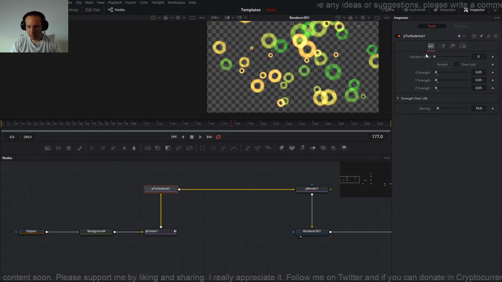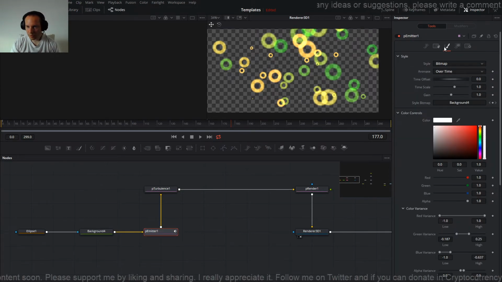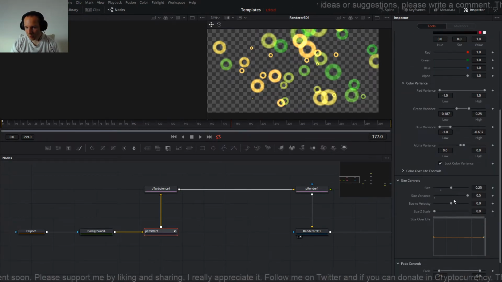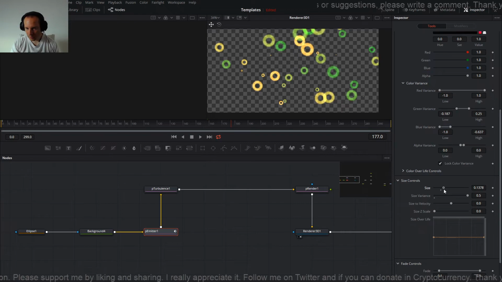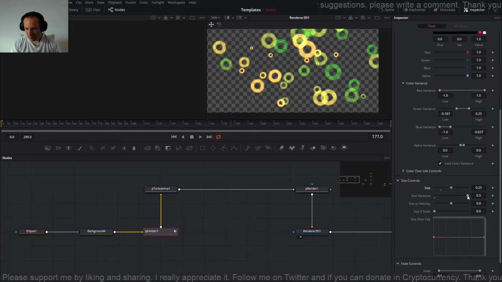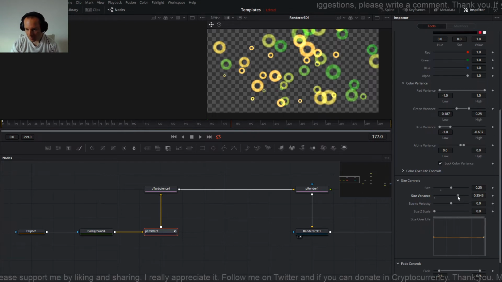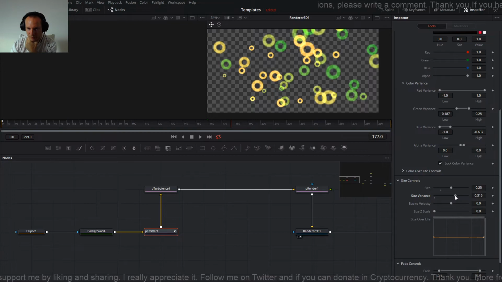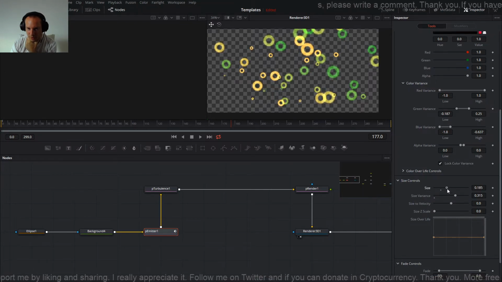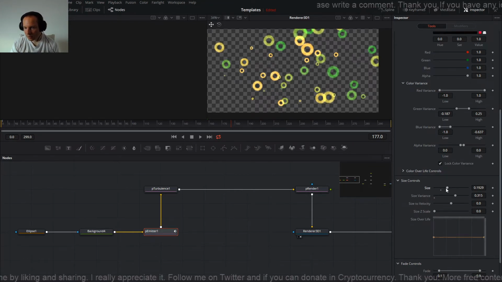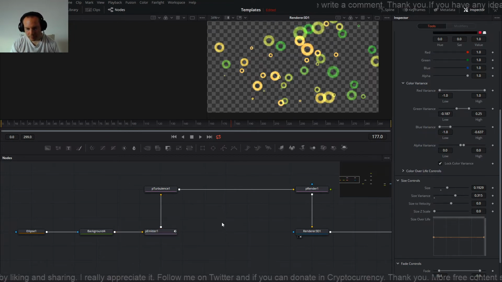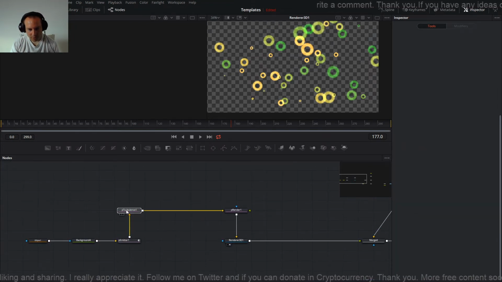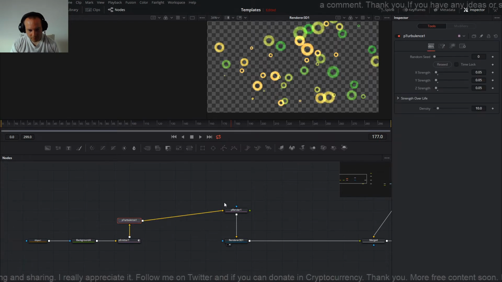Subtle movement. In this particle emitter, obviously in style, you can go in this size control and reduce the size. But what I want is a size variance. It's a little bit too much. Now I reduce the size. Yeah, like that. Now we can, let's move this,